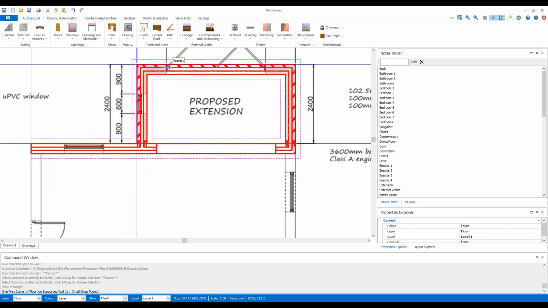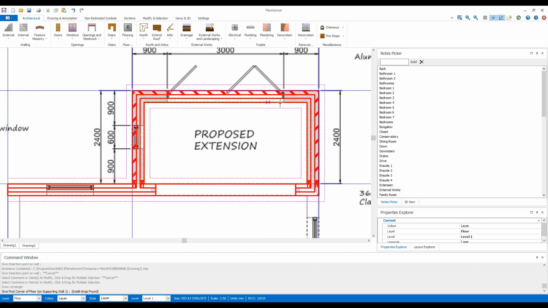Actually, it doesn't matter whether you do it on the back wall of the extension or the existing property, but let's do it on the back wall of the extension. So locate a corner point. It might be an intersection or end point, and then click on it to place it. The instructions then tell us to give the second corner, so let's click onto the opposite corner on the back wall of the extension. And then finally it says indicate the length of the floor, so we just need to click anywhere on the opposite side of the extension,